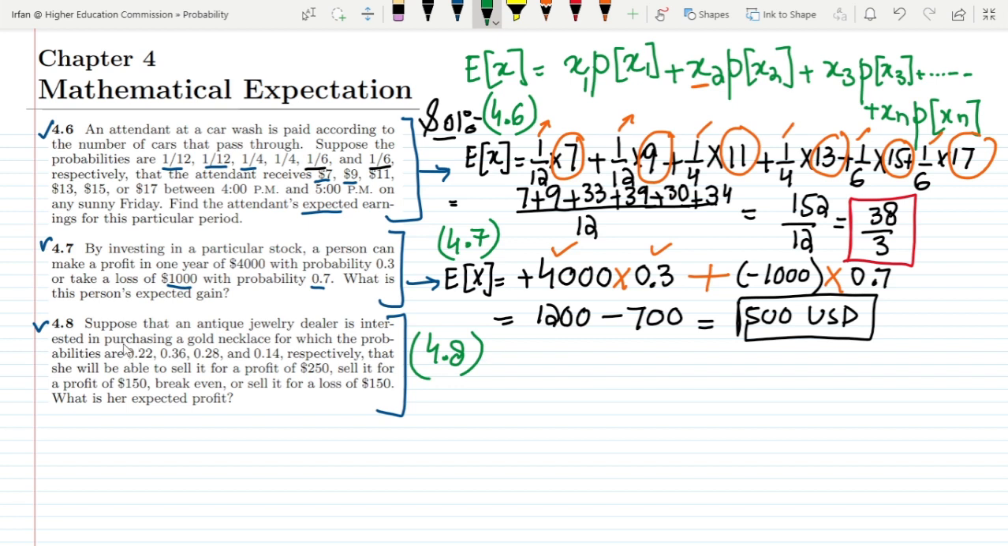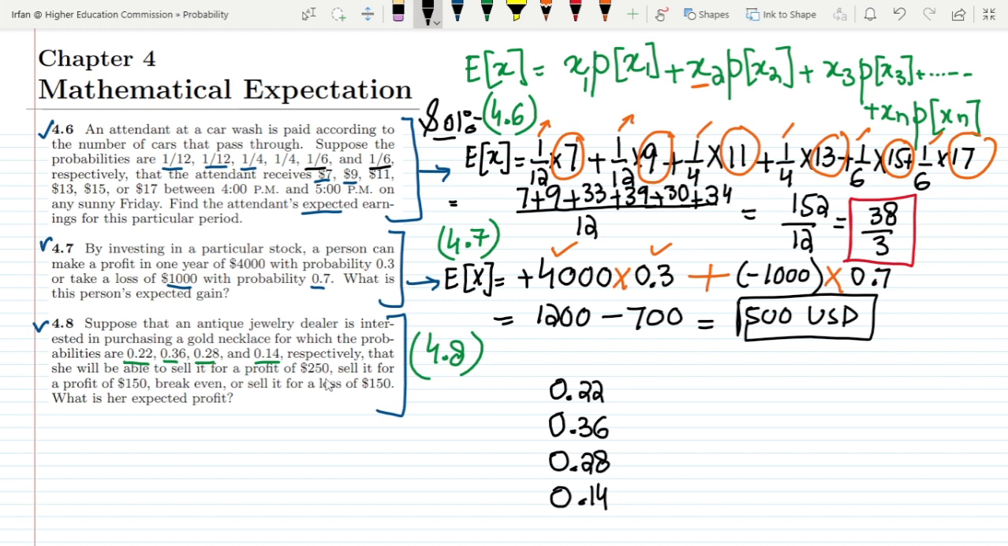The statement is: suppose that an antique jewelry dealer is interested in purchasing a gold necklace for which the probabilities are 0.22, 0.36, 0.28 and 0.14. Let me first write these probabilities: 0.22, 0.36, 0.28 and 0.14. So these are basically the probabilities given that she will be able to sell it for